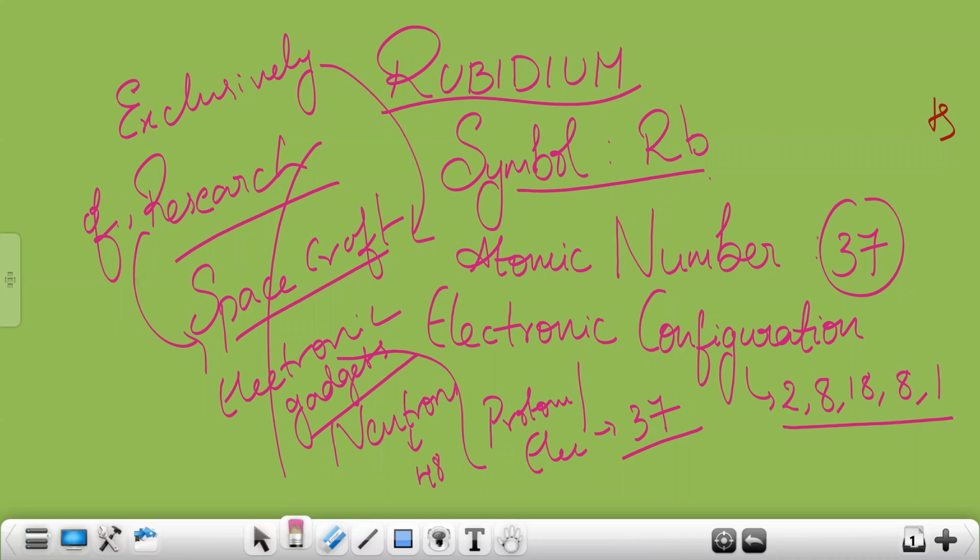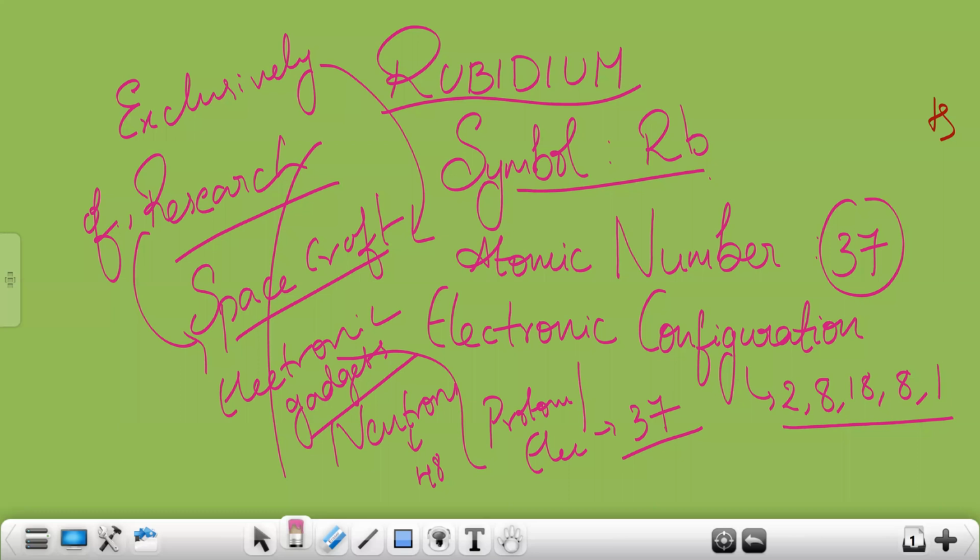For example, we say the human body consists of this number of bones. Why only this number of bones? There is no specific reason, right? They are manufactured by God in that way. In the same way, elements were manufactured in that way. And we can define why they were written 2 8 18 8 1 like that. Why they are written means there is a reason for it. There is a chemical reason for it.